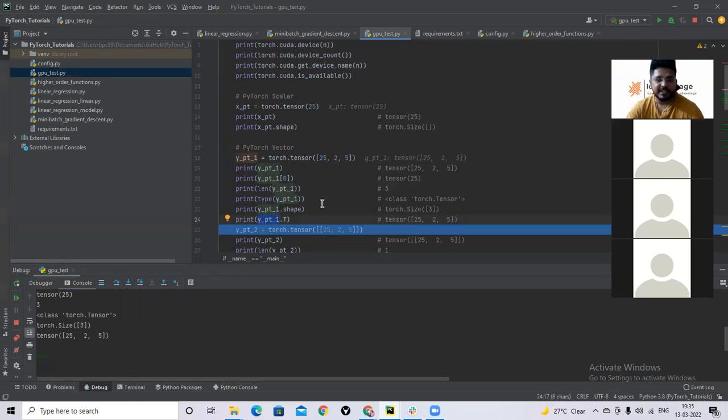Okay. So the reason is that I declared the tensor as a one-dimensional vector. You see here, I have a single-dimensional shape. This shape does not contain row and column separately.